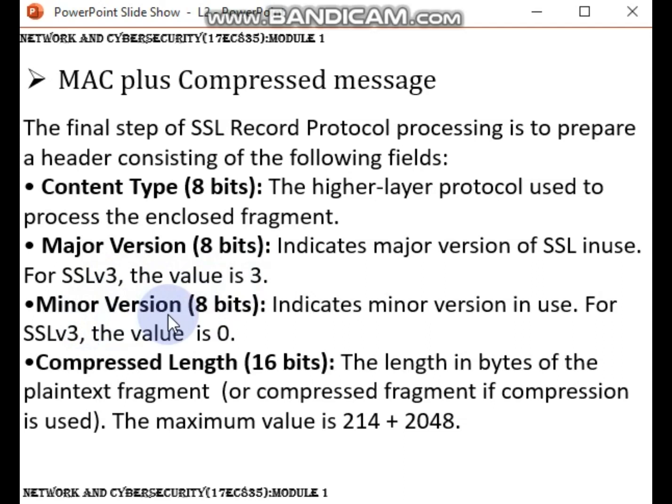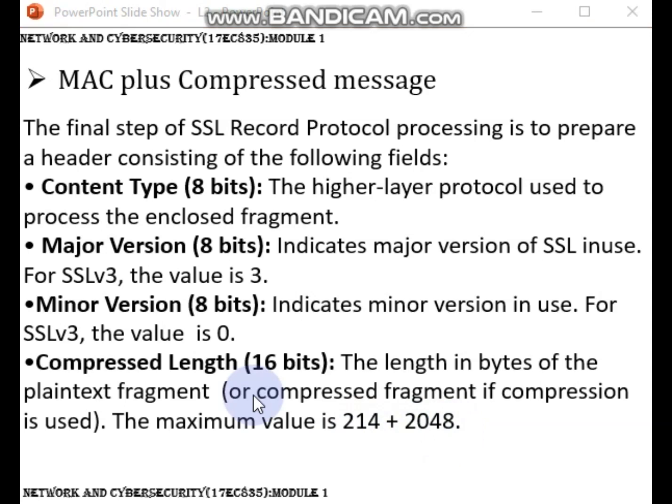Minor version, 8 bits, indicates the minor version in use. For SSL v3, the value is 0. Compressed length, 16 bits, the length in bytes of the plain text fragment or compressed fragment. If compression is used, the maximum value is 2 raised to 14 plus 2048. Typing mistake on the slide; take it as 2 raised to 14 plus 2048.